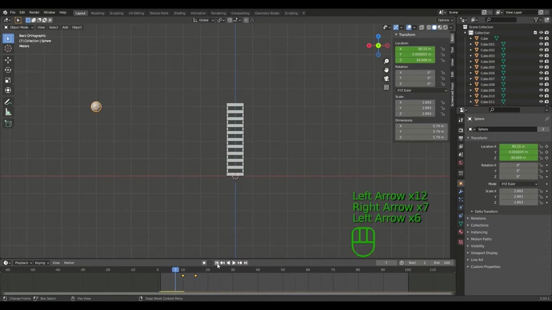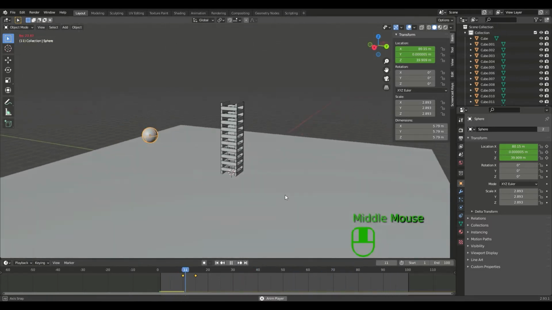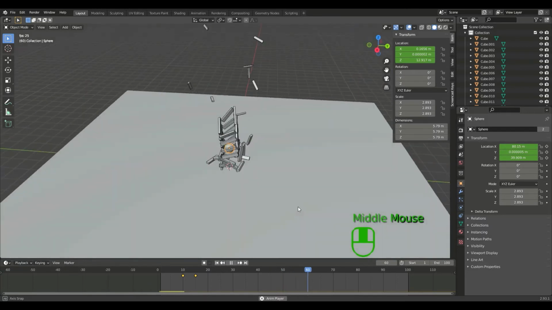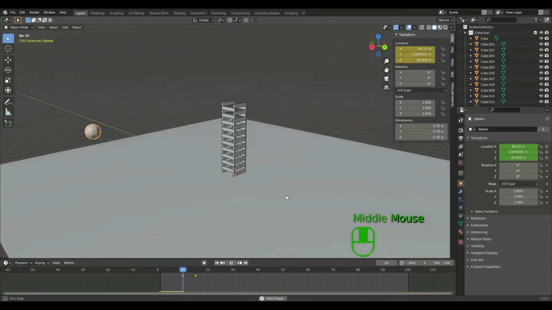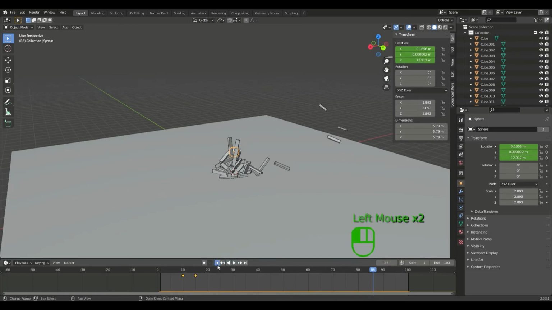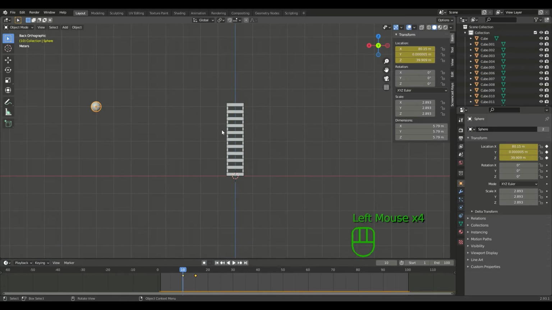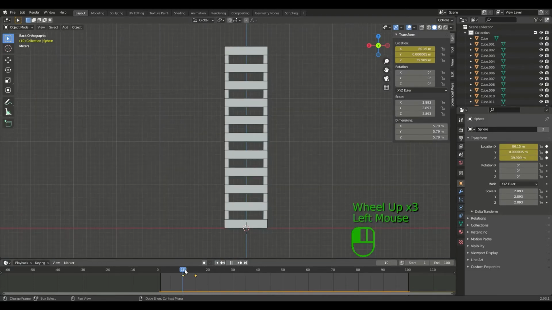If I play, it's gonna hit the tower and the ball's just gonna stay there. I don't want the ball to just sit there. I want it to fall with all the other pieces. So we're going to go back to this side view and zoom in close, and the frame before it hits,